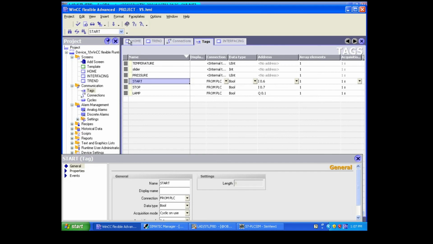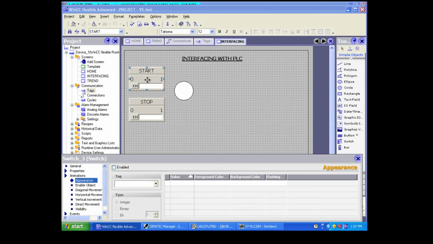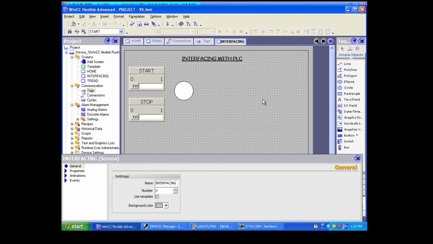And moreover, since we have given the start over here and changed the address, no need to go to the device and check, because this device is attached to your SCADA. See, in your general settings, you are just tagging the SCADA tag. Once the start address is changed in your tag page, it is updated here also. Fine. So from now on, I0.0 is not connected with the start. I0.6 is connected with your start. Got it? So this is how we need to interface with the PLC.